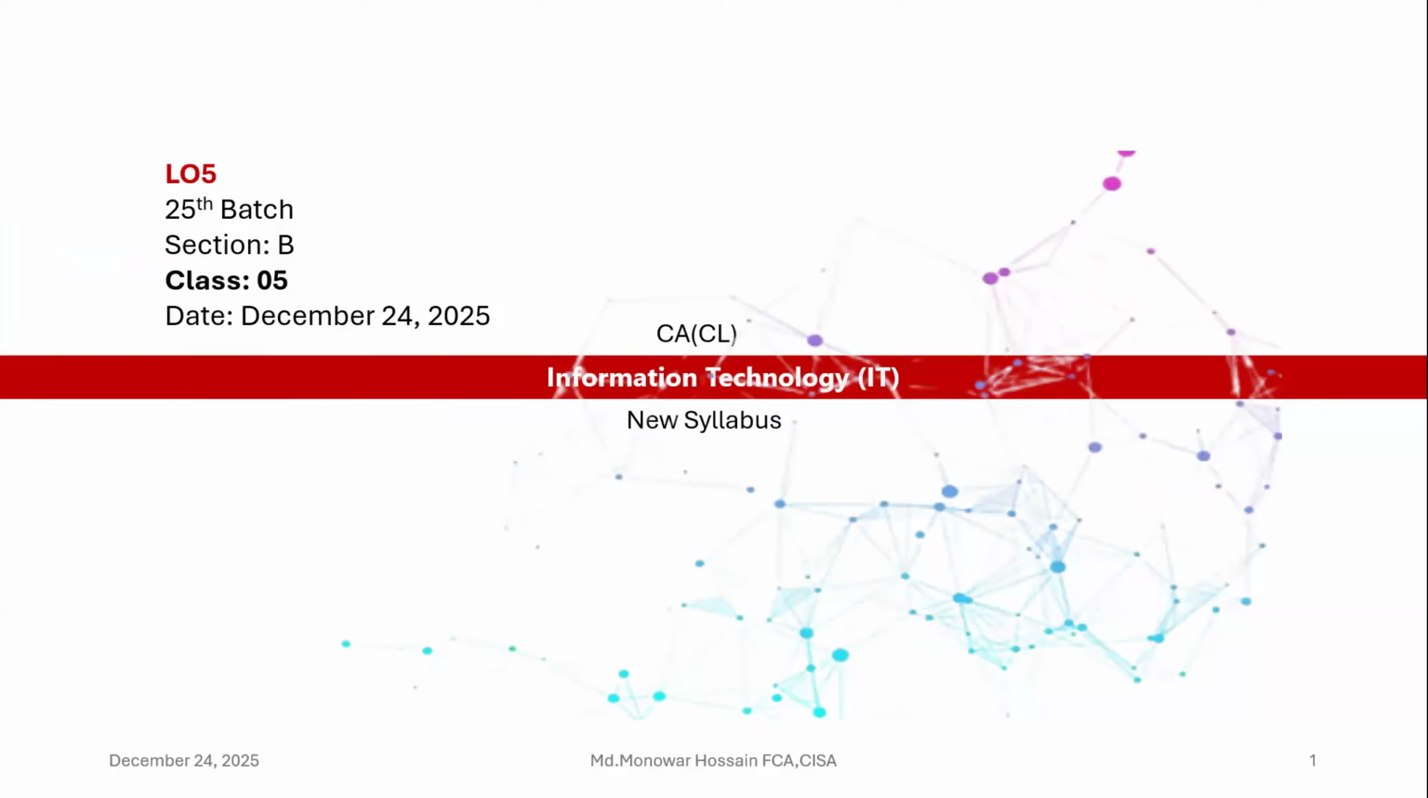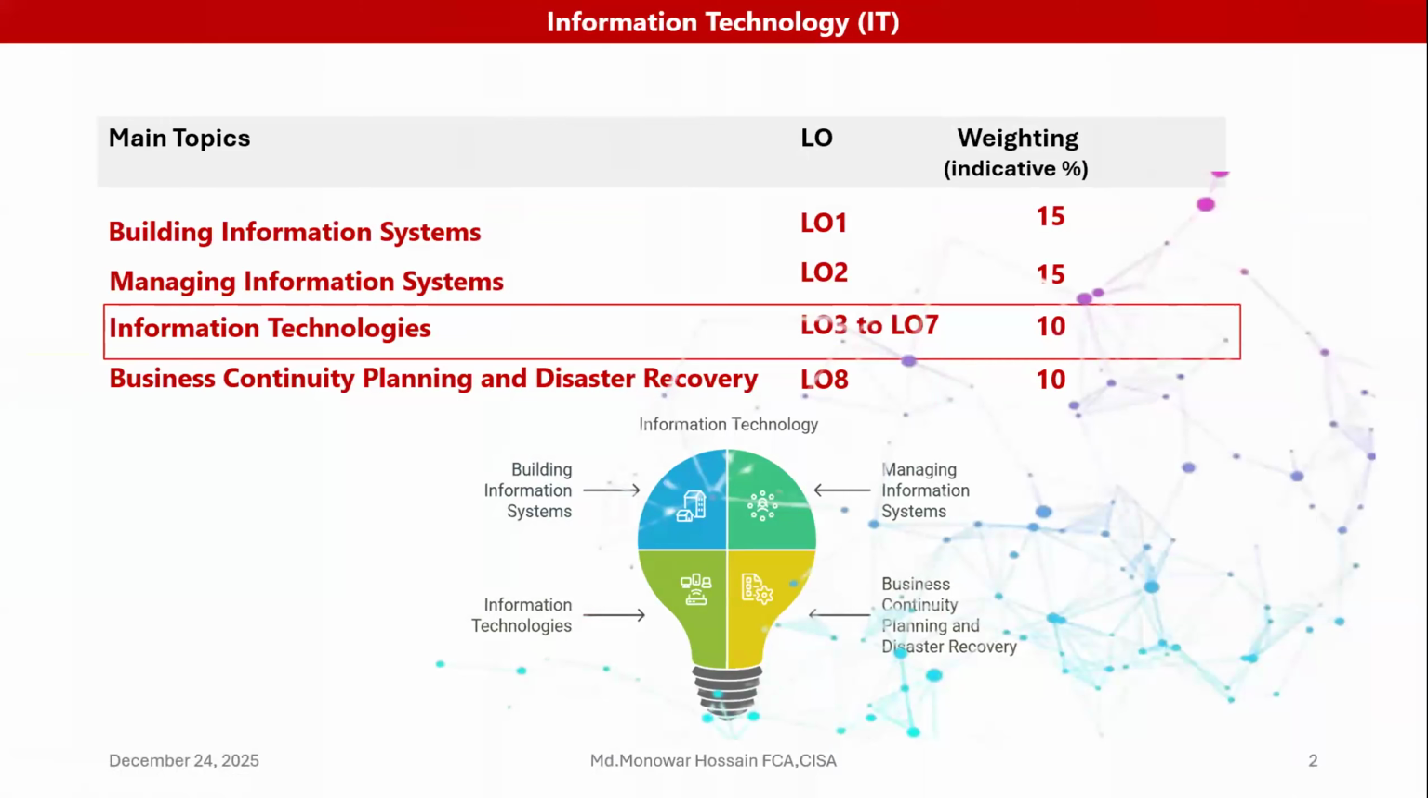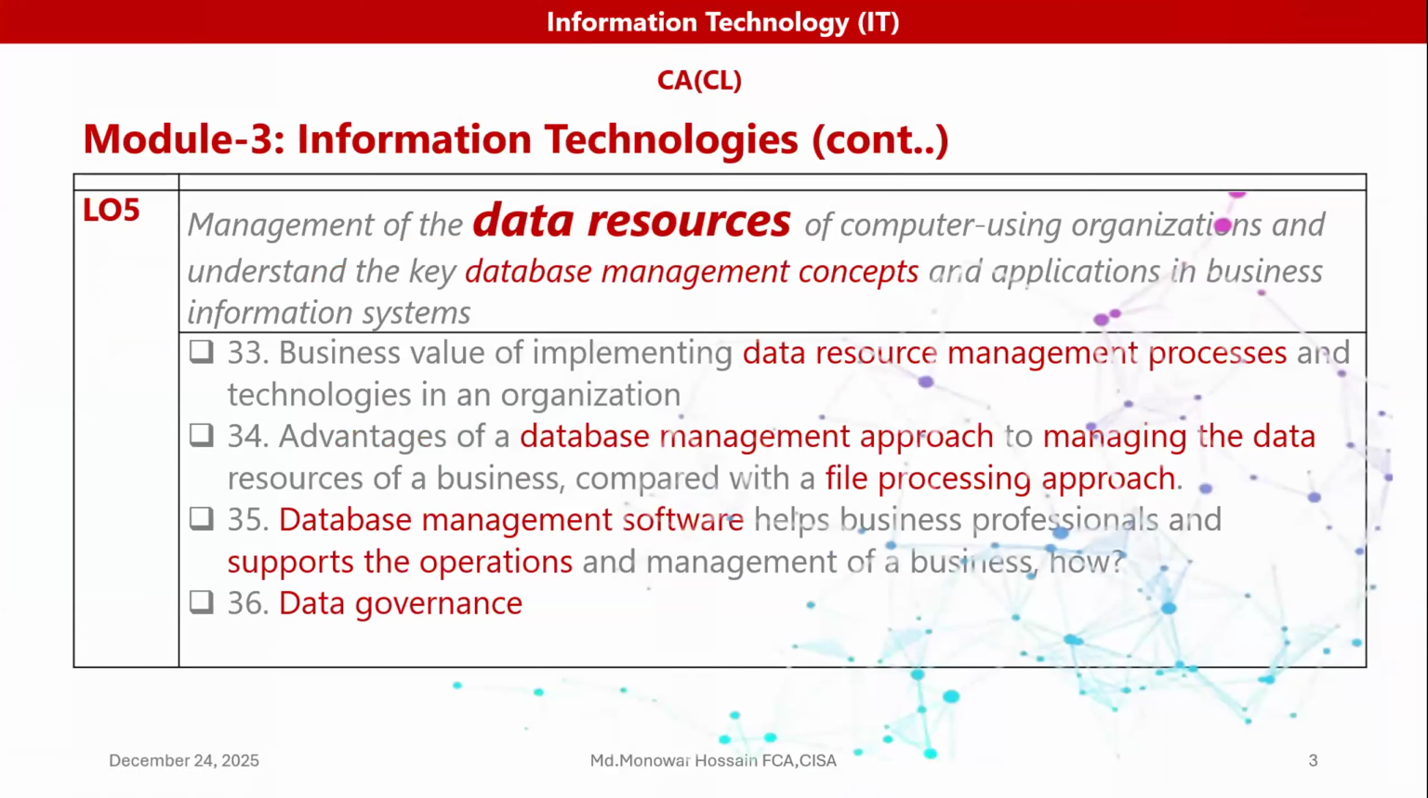So good evening to you all. So we are in CS certificate level information technology class. And today we'll discuss learning object 5. It's basically data resource. So here, what we have to learn is the management of the data resource of computer using organized and understand the database management concept, an application business information system. So we have to understand the business value of implementing data resource management process technologies in an organization, as well as the advantage of a data management approach to managing the data resource of a business,